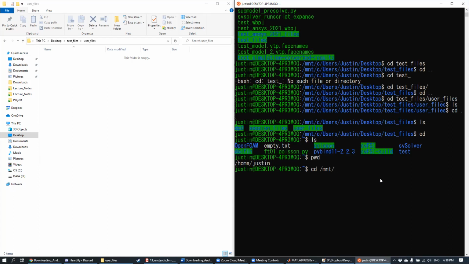And then here it's going to depend on what your drive system is called. But for me, I have 2 drives on my system. So I have a C drive, which is where my desktop is, and a D drive, okay? And so in order to check which drives you have, you can do cd /mnt